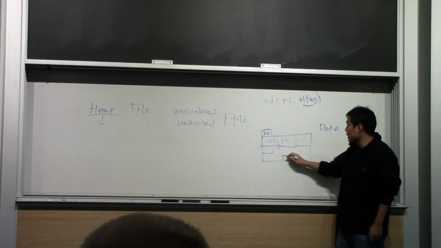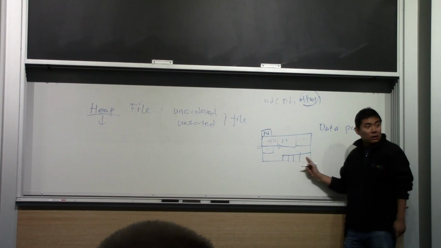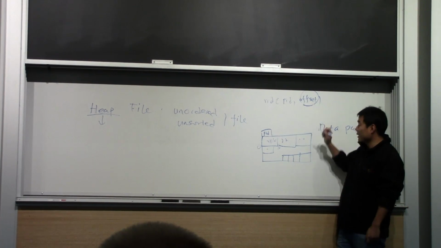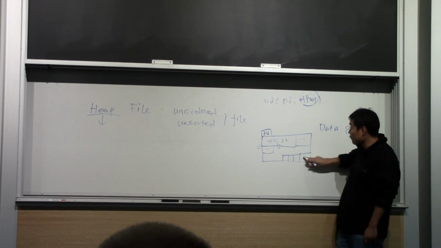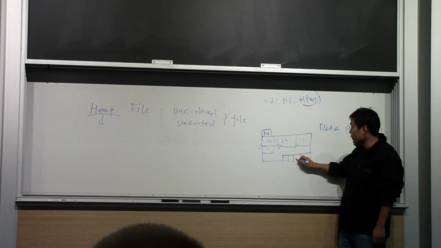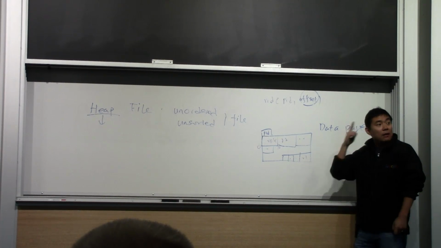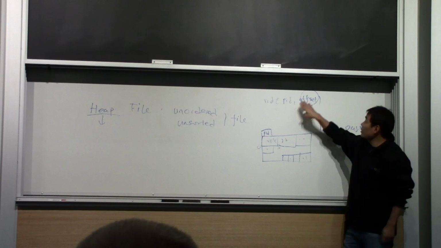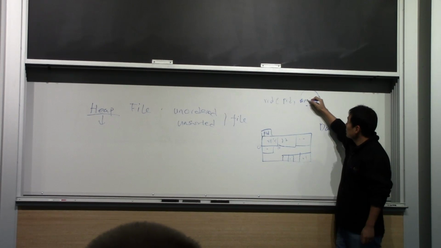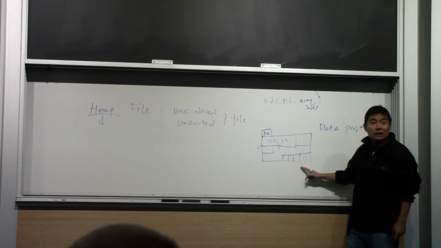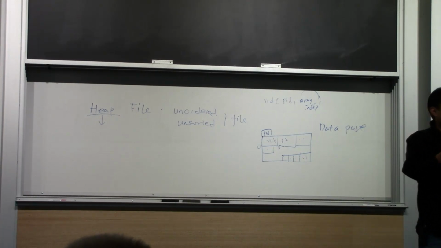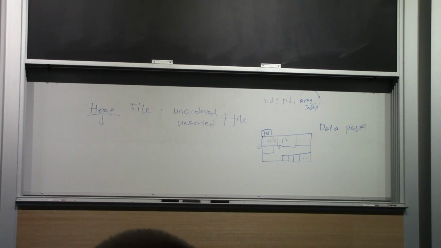So typically what people do is at the end of the page, they store an array to store the offset values. So the offset of record ID 1 goes here, the offset of record 2 goes here, the offset of record 3 goes here. So the offset value may change, but the array index stays the same. So instead of storing the offset, I store the array index. Now this is fixed. You can change the offset values, but the array index for that particular record stays the same. So the record ID stays the same no matter where you move this record on that particular page.